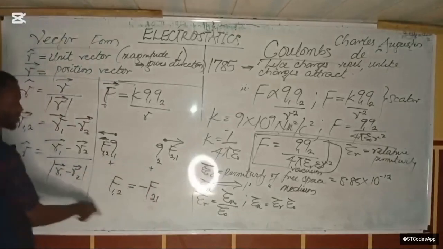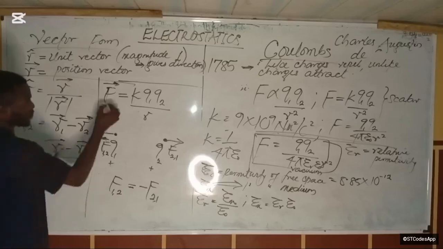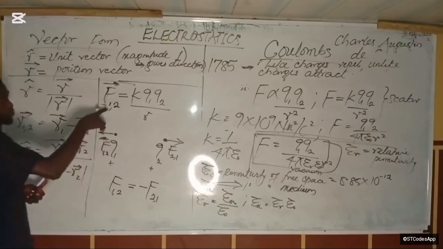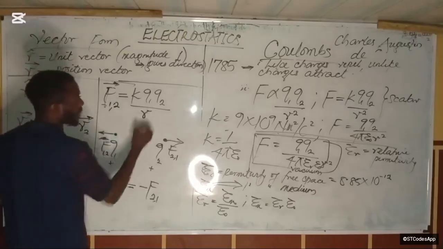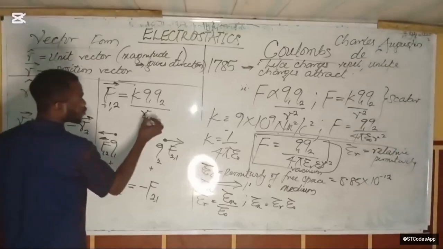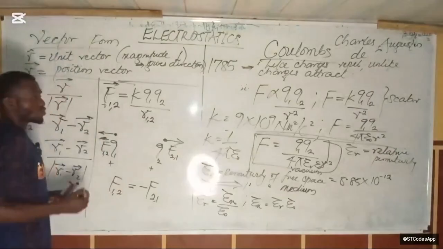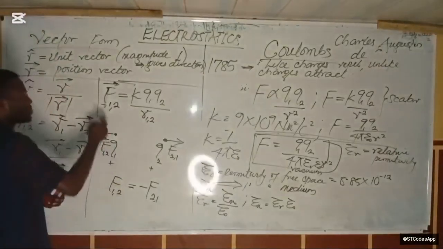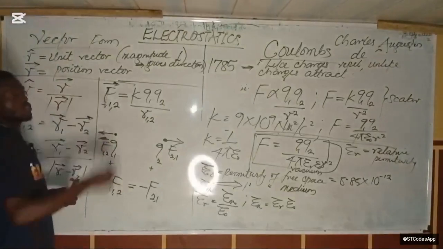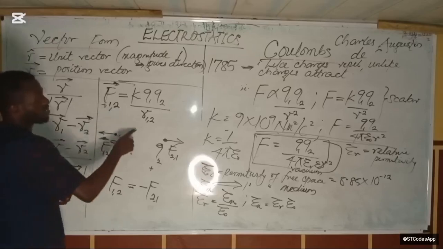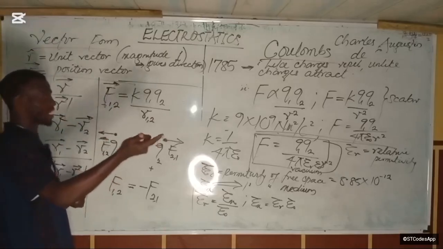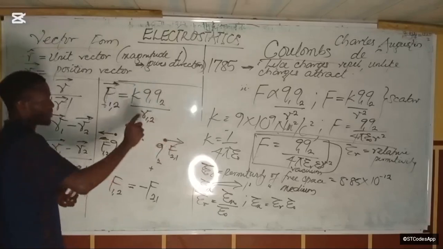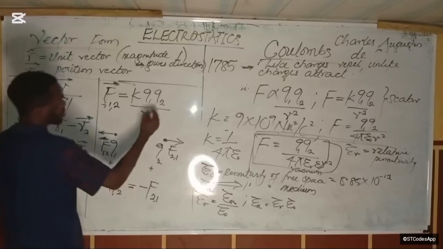So if I want to discuss this force, for example, this is F12, that is the force on charge 1 due to charge 2. It is going to be the position vector that points from 1 to 2. Is that clear? The position vector that points from 1 to 2, because it's the force on charge 1 due to 2, right? Is that clear? Okay, so position vector,